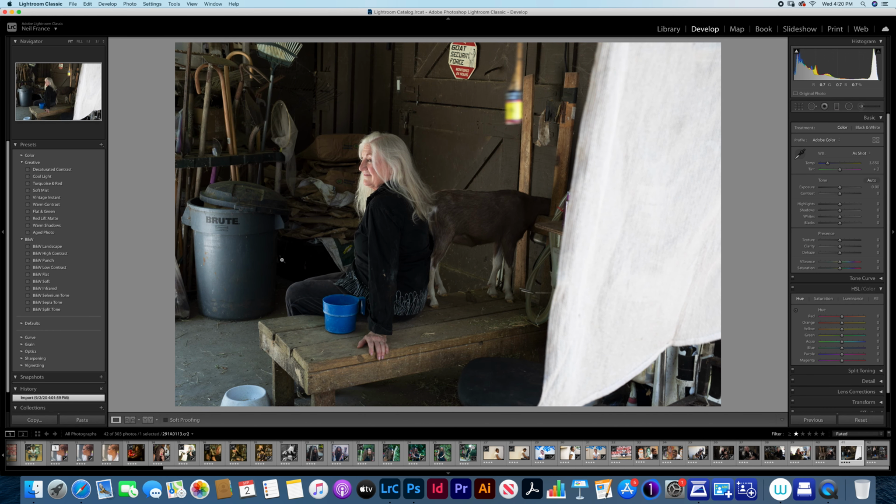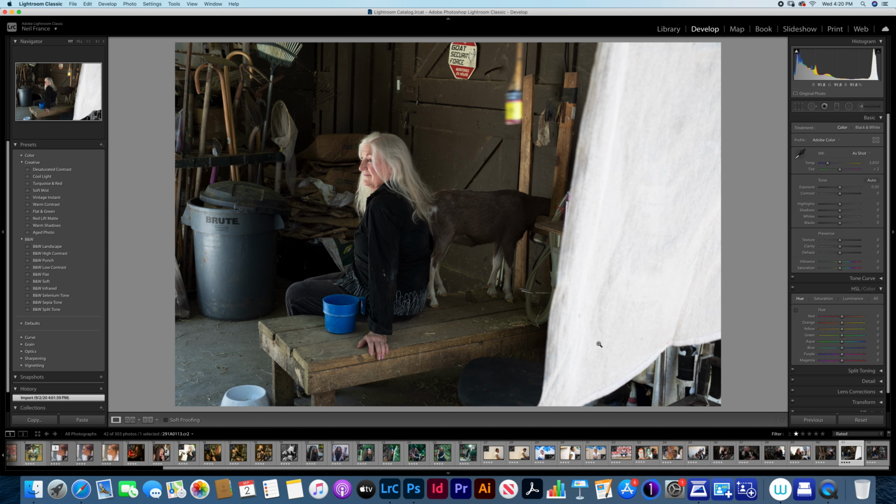And then this one works really well, I think, as a main shot because you've got the goat doing its thing, eating its feed. She looks quite interesting sitting on the milking bench. There's this white material that just pops into the frame as a space.